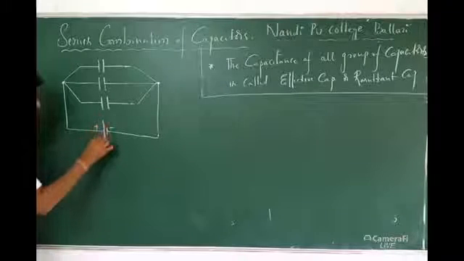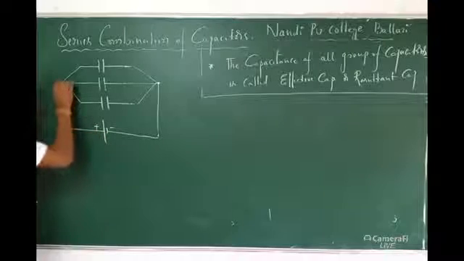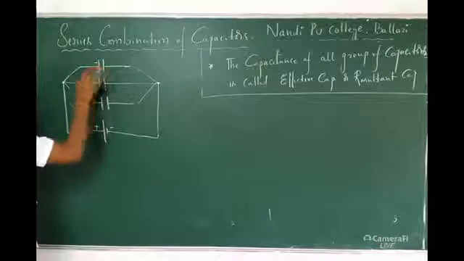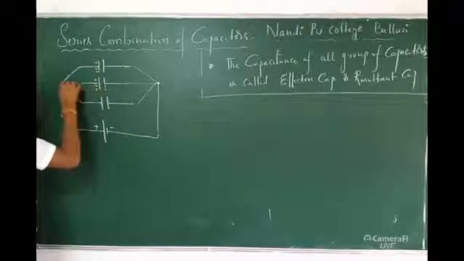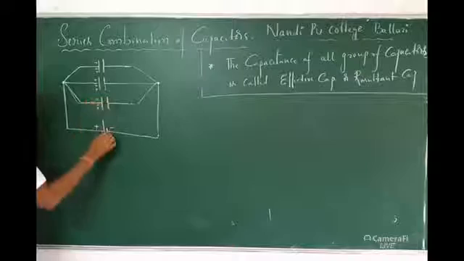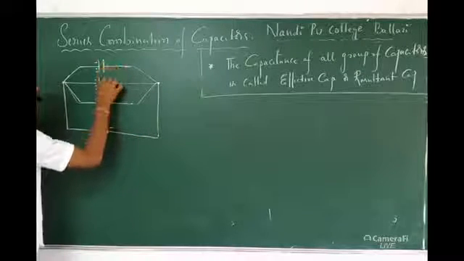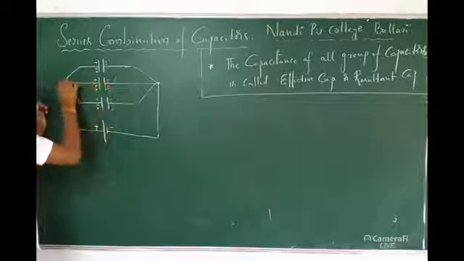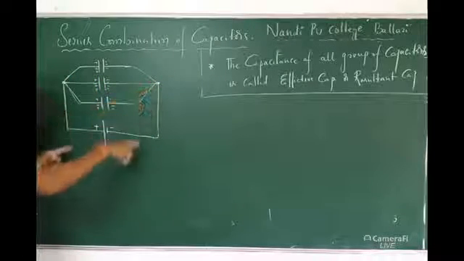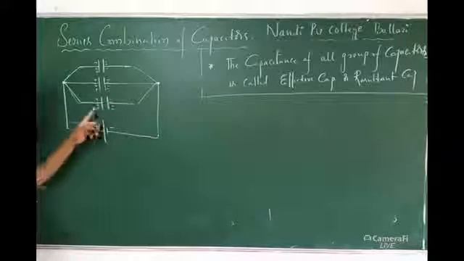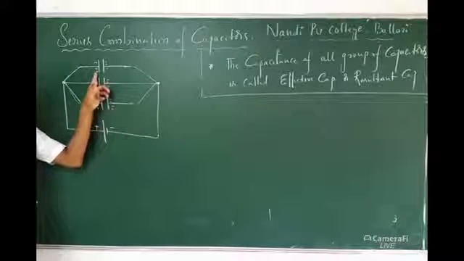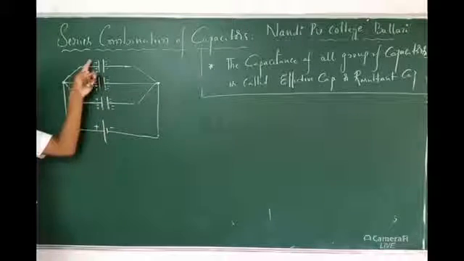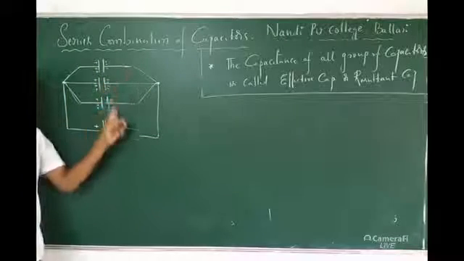Now see, it is higher potential, so it reached here. This direction, plus. This direction, plus. This is negative, so this is minus. This is minus, this is minus. So all the three capacitors are connected between the same two potentials. For this plate, this plate, this plate, same potential. This plate, this plate, this plate, same potential. Very easy. So this terminal is connected to three plates, and this terminal is connected to three plates.